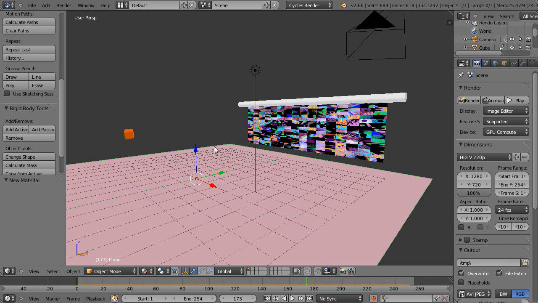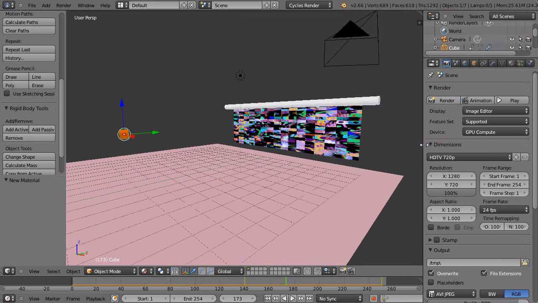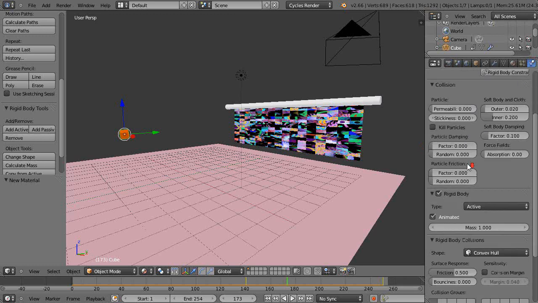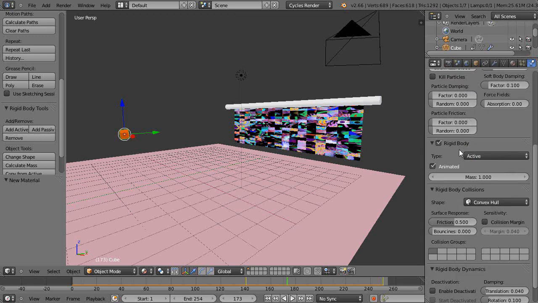Whereas in the previous videos you've seen, the objects were falling with the effect of gravity and then they would bounce into the cloth or get deflected into the cloth. But in this case I want to direct it on my own. So what you can do is go over here to the physics tab, and then down here under the rigid body